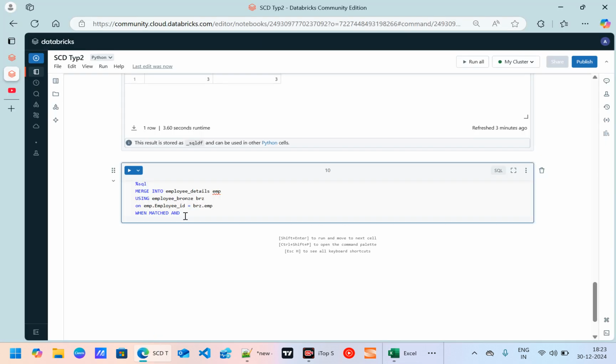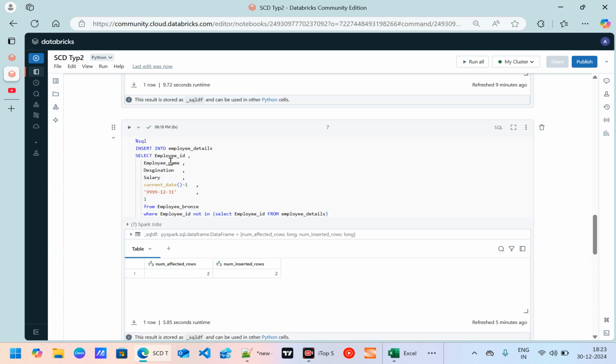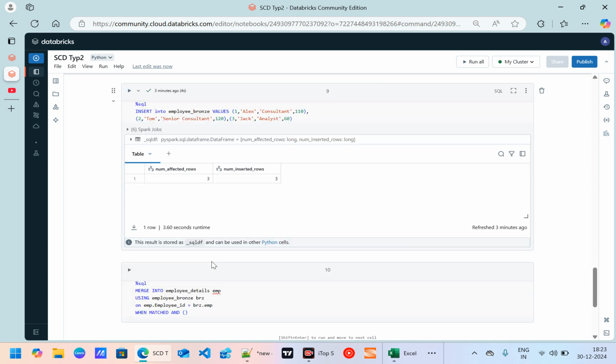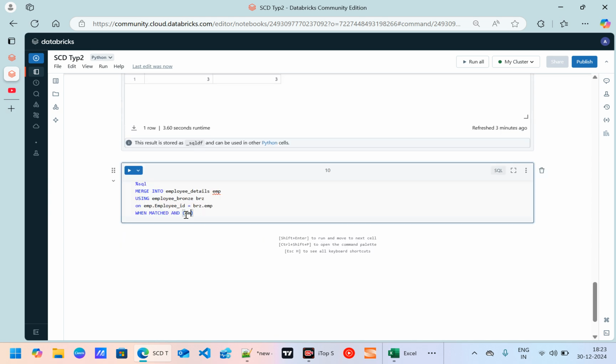Even though we are mentioning the matched condition, here we need to mention something else also. And what we need to mention, we need to compare. Okay, and write this: emp dot designation not equal to brj dot designation, or emp dot salary not equal to brj dot salary. Okay, and again we have to check